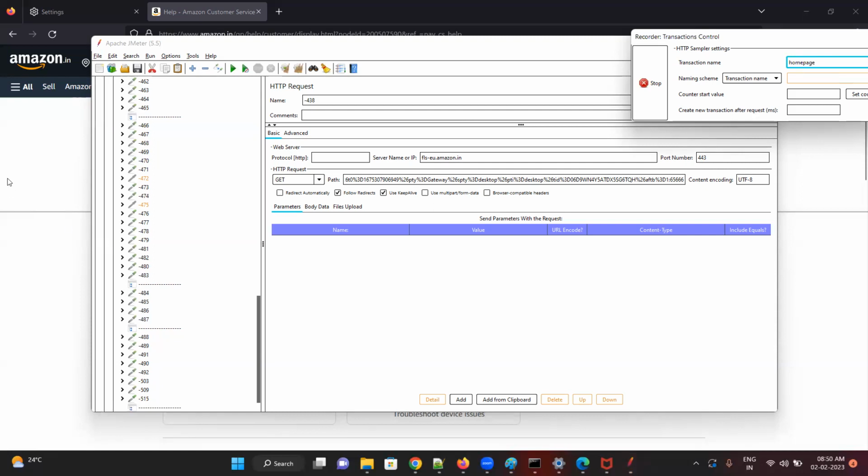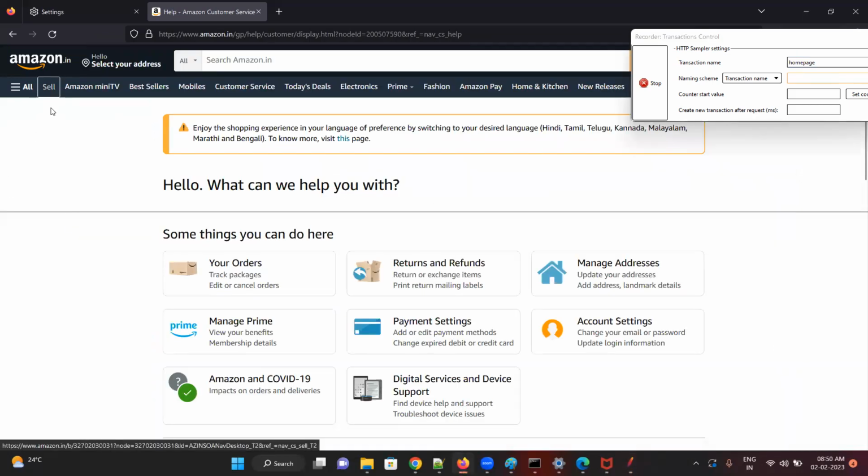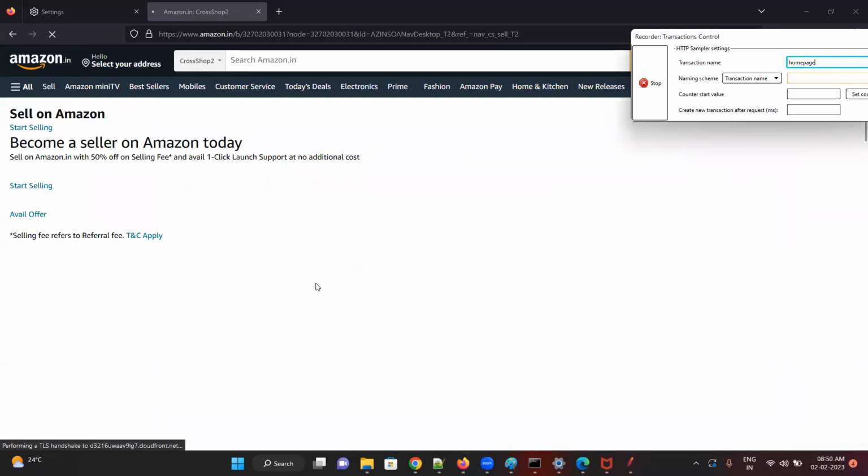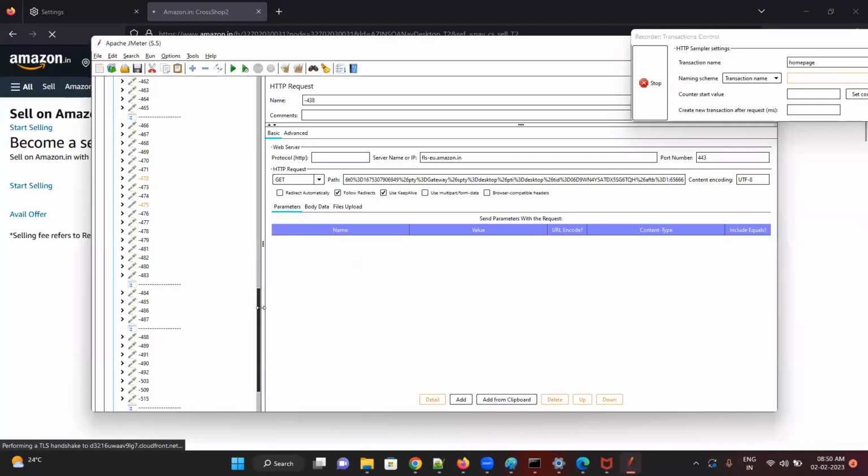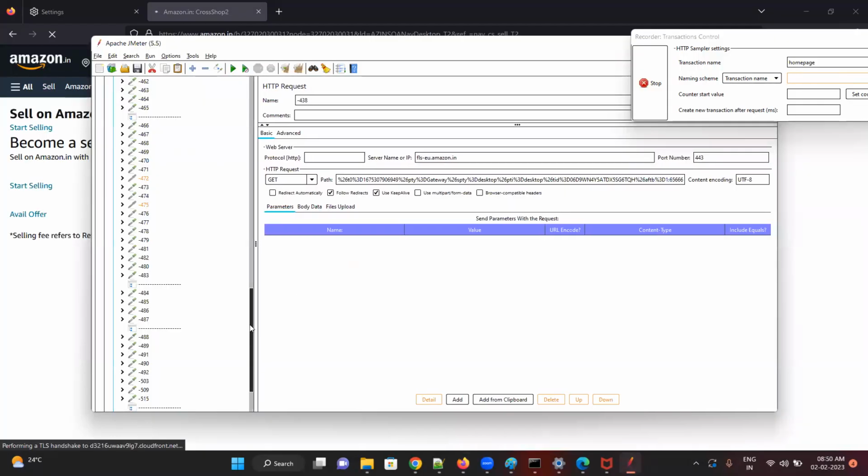Okay, now let's click on sell. If you see here now, home page 516, home page 517. Which one is it, these numbers or this one? So it's always advisable to use transaction name so that we can figure it out. Suppose now what I'm doing, let me click on